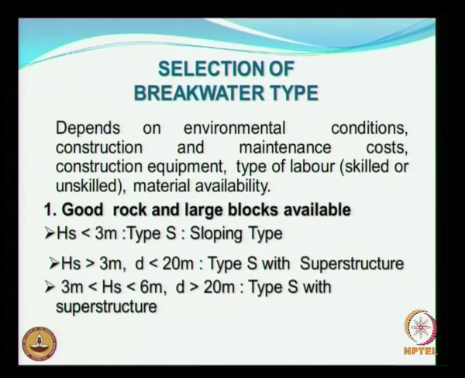Where Hs is less than 3 meters, type S, these are all some guidelines, okay. In case Hs, the significant wave height you are considering, is more than 3 meters, but water depth is less than 20 meters, in fact 20 meters itself is on the higher side, okay. But it does not matter, because there are so many breakwaters which are constructed even up to about 20 meters with S type breakwater, and this is usually associated with a superstructure, okay. Superstructure in order to take care of the overtopping,